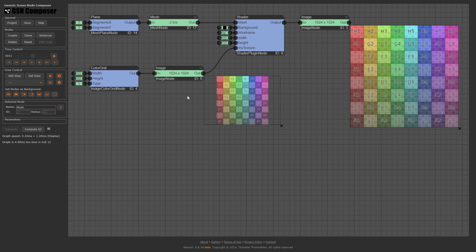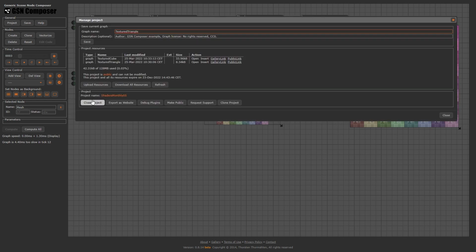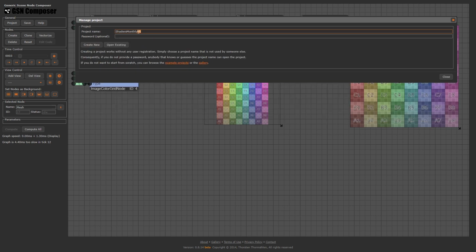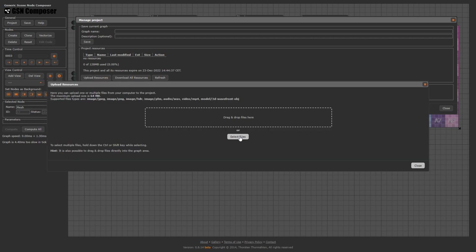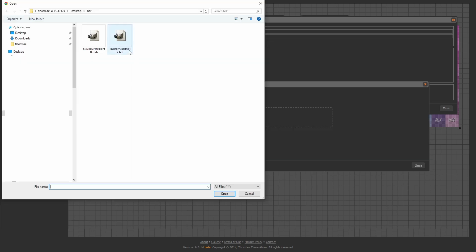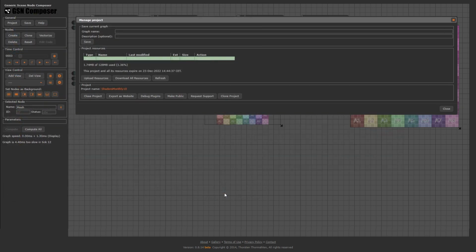To this end, we close the current project and create a new one. Type the project name Shaders Monthly 10 and click on Create New. Now we can upload an image by pressing Upload Resources. Press Select Files. We select this HDR image. The links to the public domain images that I use in this video can be found in the video description.